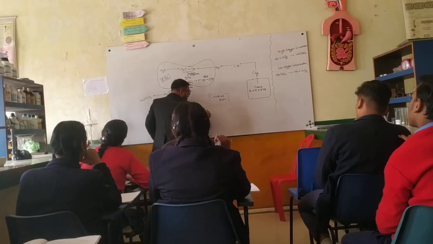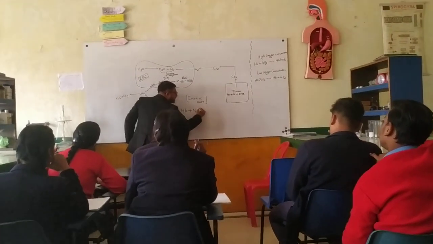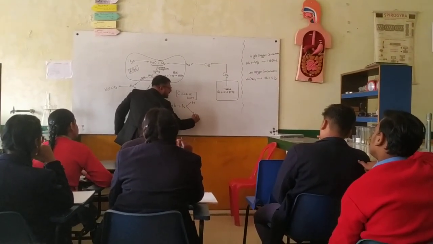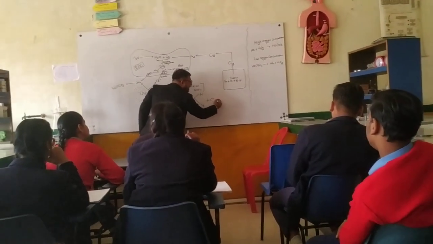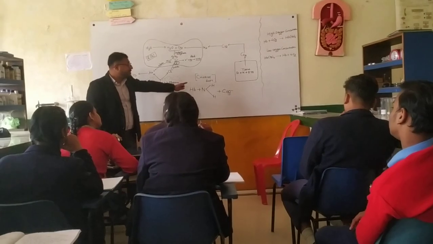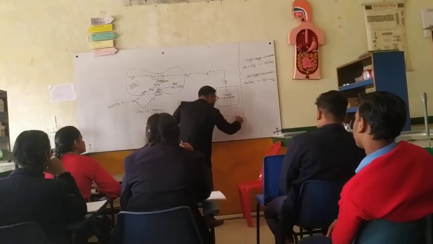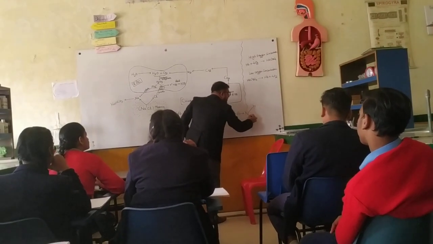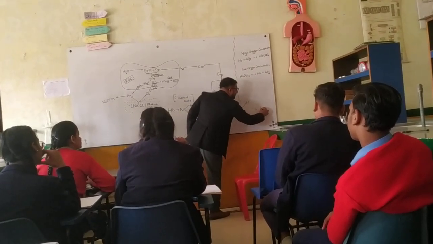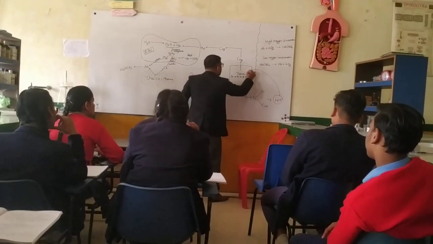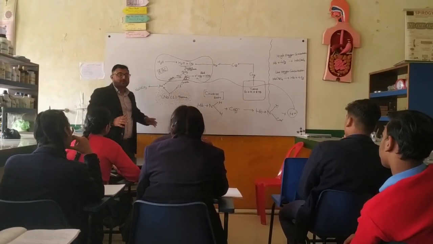Another point: when hemoglobin is mixed with the amine group, NH2 type of group, then the carbon dioxide takes the place of this amine, means carbon dioxide takes the place of this amine and forms Hb-NHCOO minus. H is there and COO negative is there, and one H is extracted out in the form of H plus. This H plus you see here. Understood? This is called the chloride shift.